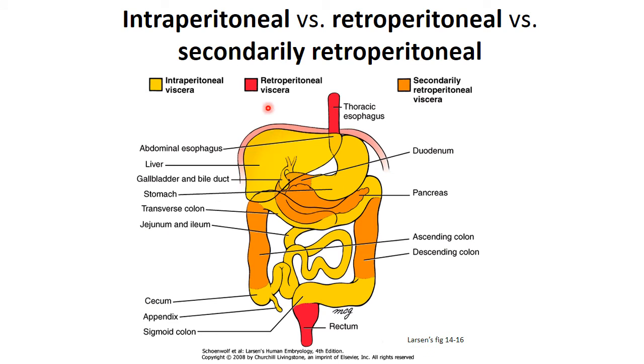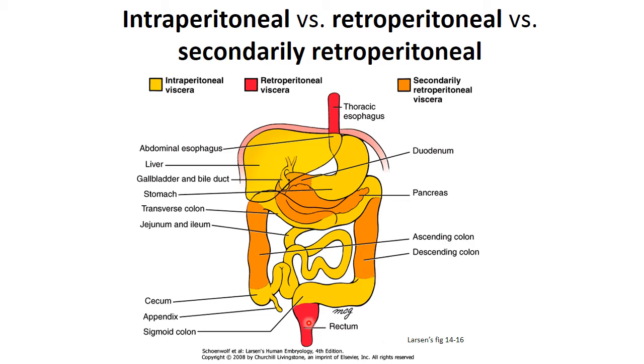So here, to show you all the structures in the yellow color, these are all intraperitoneal structures. They have their mesentery and peritoneum. The red ones are retroperitoneal. Definitely you have seen the esophagus, which is present in the posterior mediastinum, and this one which is the rectum. They are truly retroperitoneal structures. Also you can say these are the subperitoneal structures, kidneys and all these red colored ones.